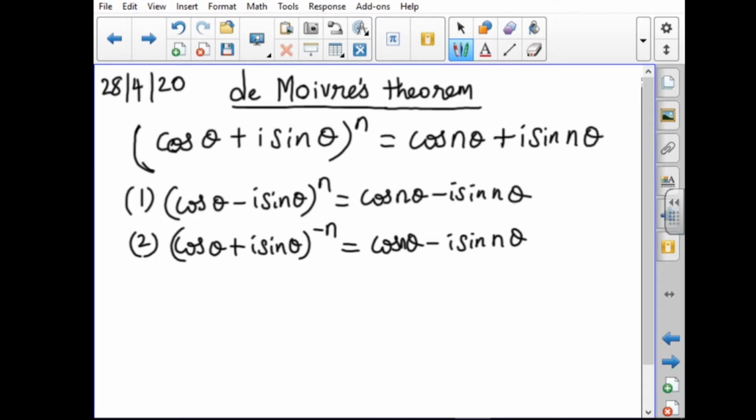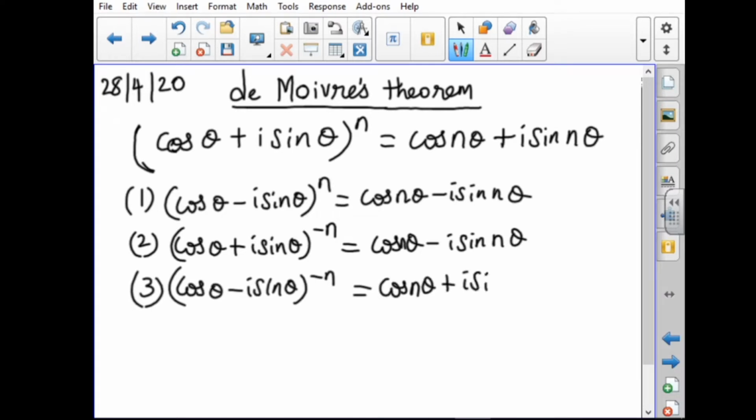And number 3, (cos theta minus i sin theta) whole power minus n. So, minus into minus will become plus. So, we will get the answer as cos n theta plus i sin n theta. Last one, number 4,